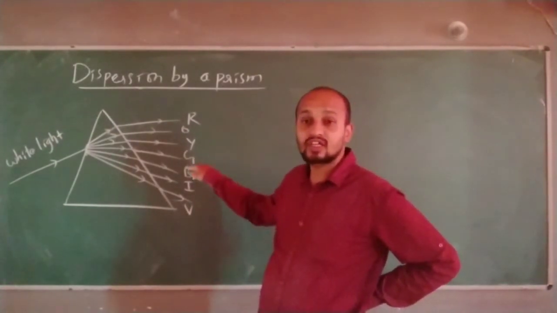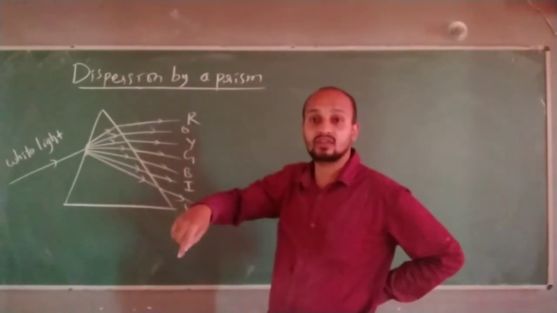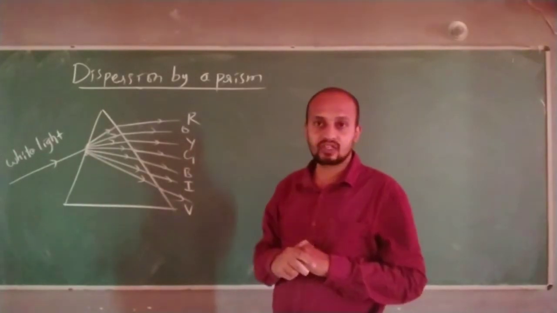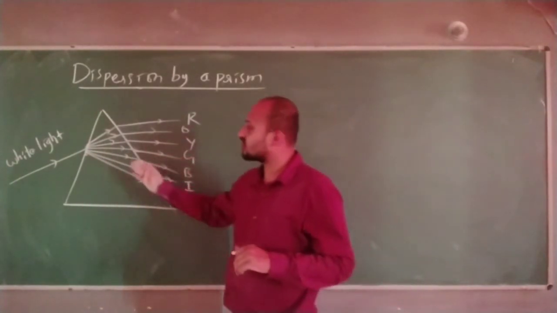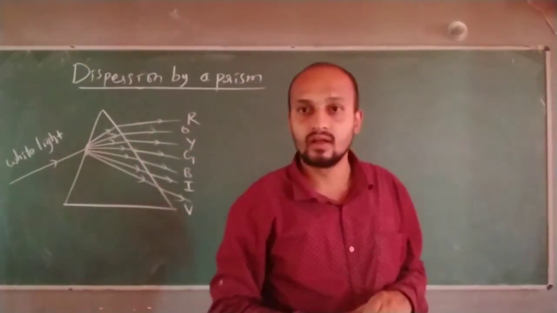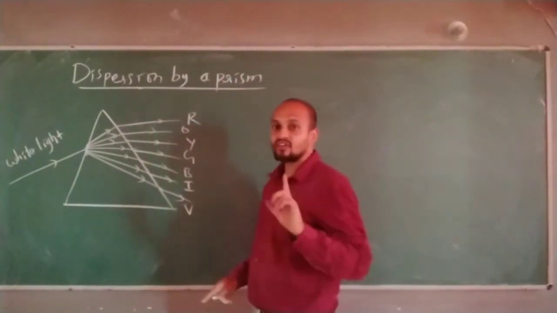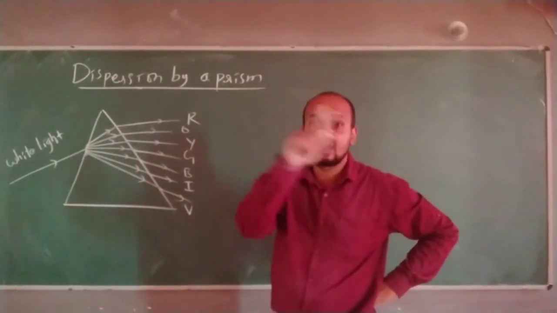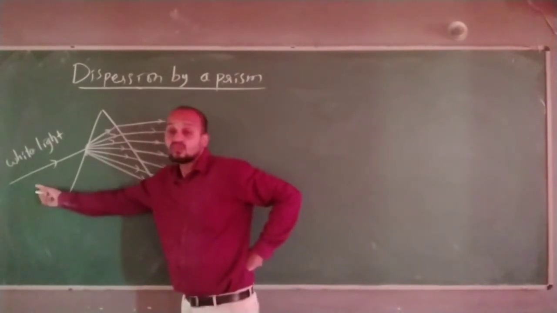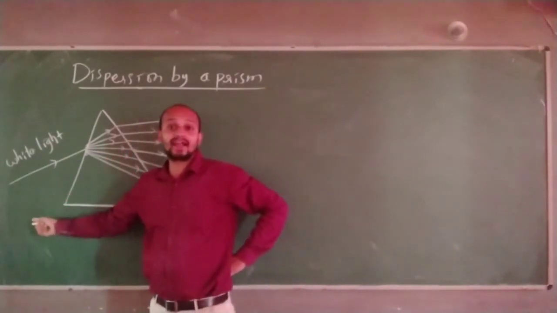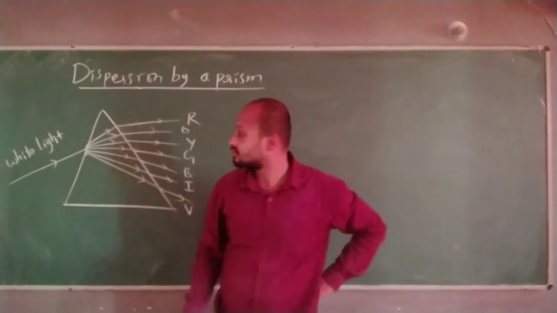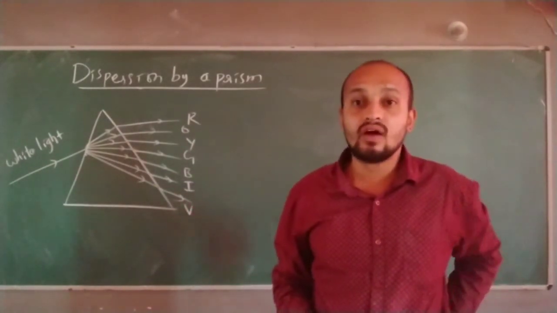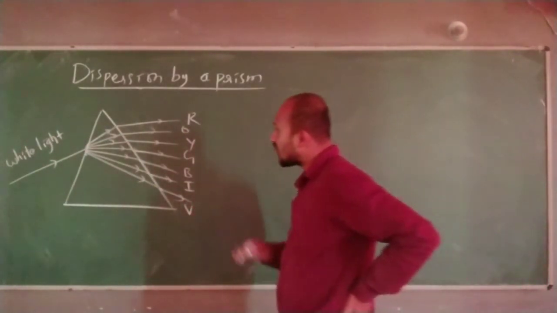Don't confuse this. Dispersion is going to happen because of refraction. Correct now? See here, how to analyze this? I told you about refraction. What is the difference between this one and the refraction? Here in refraction, I was using only one monochromatic light. Monochromatic light means a light of single frequency. Here what I have written? White light. White light, because it is made up of many frequencies. Got it now?